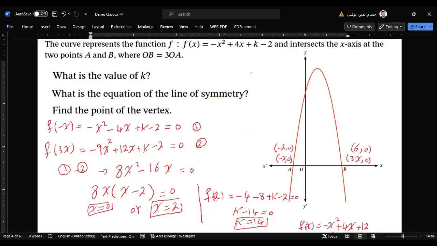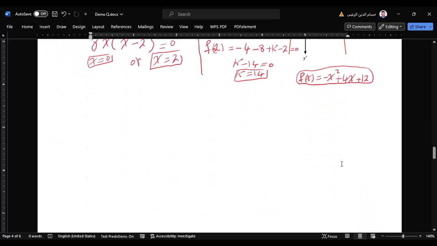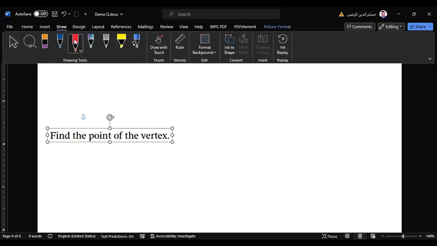That is the function which we will complete with. So we will use this function to find the equation of the line of symmetry and